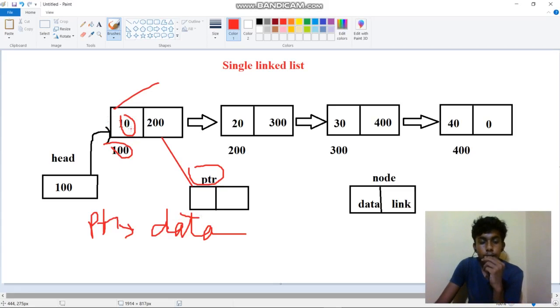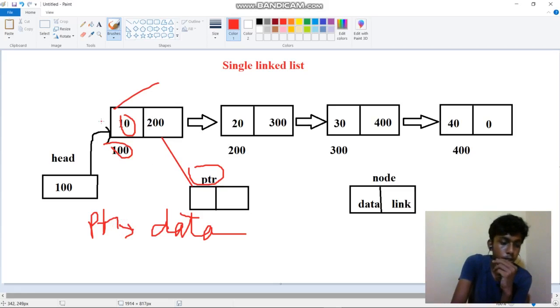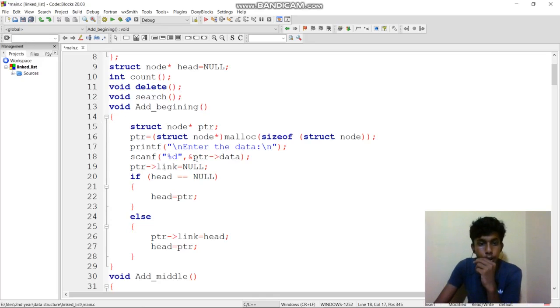Whatever data you give, we need to give it in that pointer, whether it is link or data. So ptr data, we are giving data, and ptr link we are initially assigning as 0, because we are creating only one node, that will be the last node. So initially null, and null is 0.